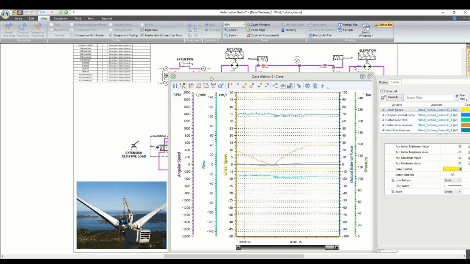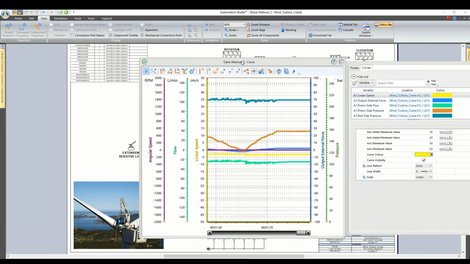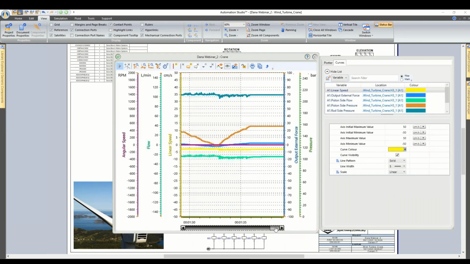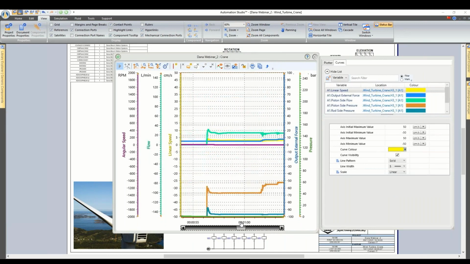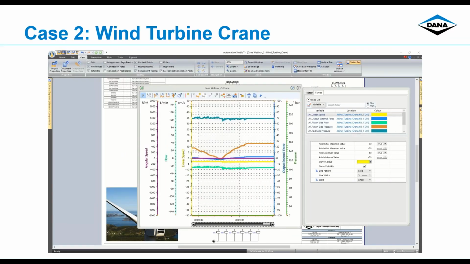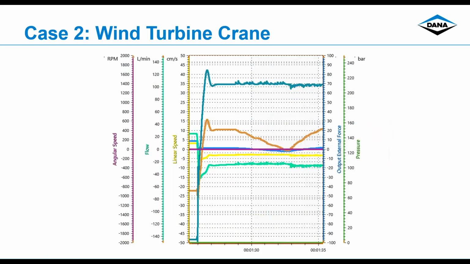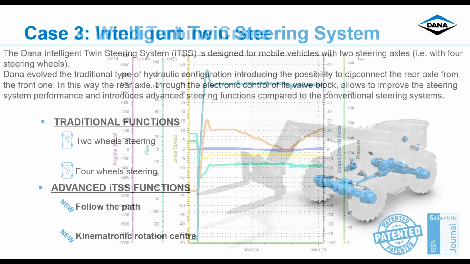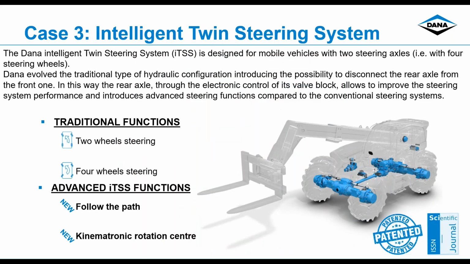This plot can also be moved back in time to understand if, for a specific change in the input, the system responds with specific behaviors. Also, this plot can be exported to be shared, maybe with the customer or other colleagues, for design changes and data analysis. And with this plot, I end the second test case, but we can now move to the last one,